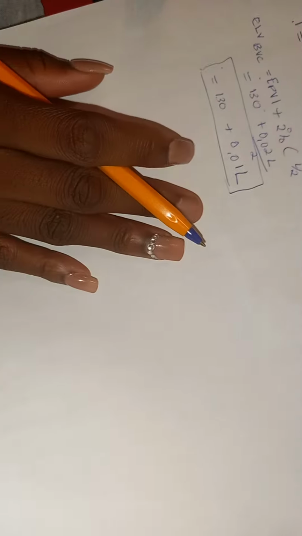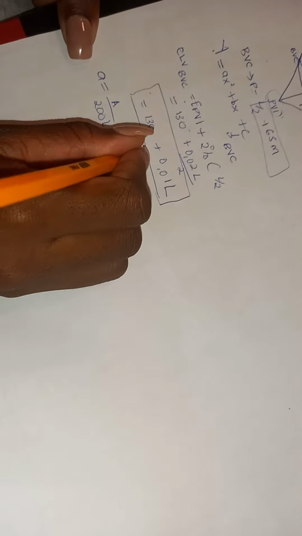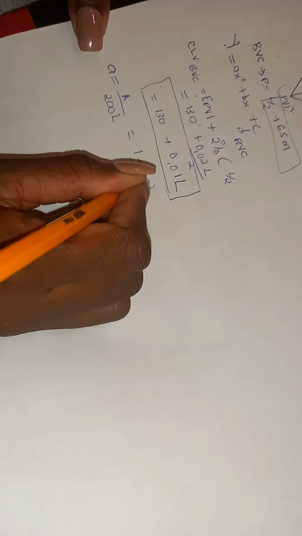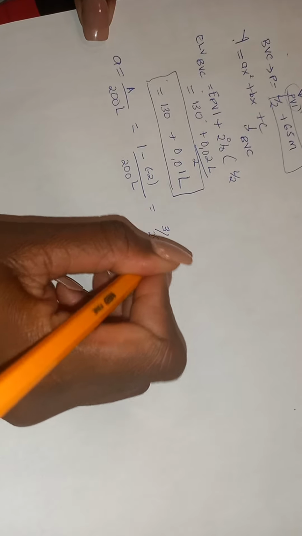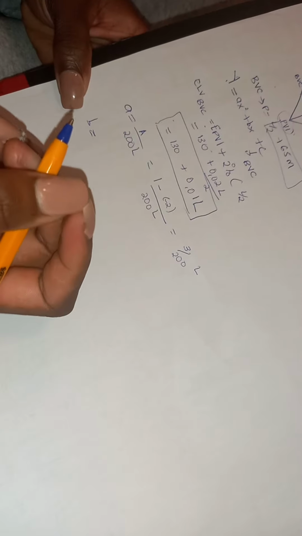We also have that equation, so we need to calculate A. A is given as A over 200L. What is A? A is G2 minus G1. So it's 1 minus -2, divided by 200 times L, which is 3/200L. We have another equation, and then we know B, it's our